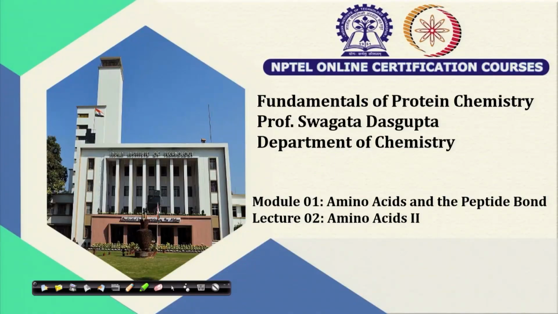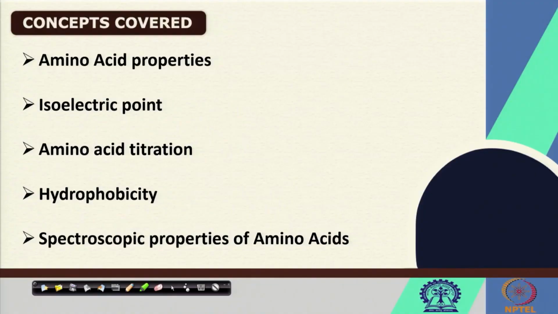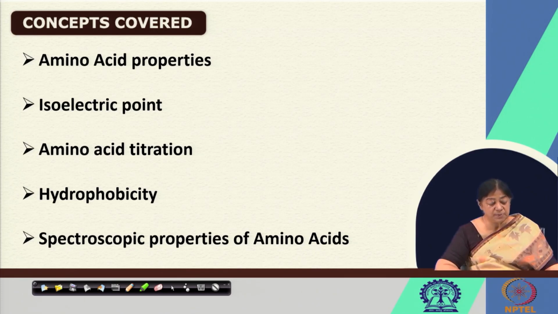Second lecture of module 1, we will talk about amino acids and their properties, and further to the types of amino acids that we learnt in the last lecture, we will see what further characteristics are there of these unique building blocks of proteins. To understand these, we have listed a set of properties: the isoelectric point, an amino acid titration, which is going to help in an understanding of how we look at amino acids, what their structural properties are,